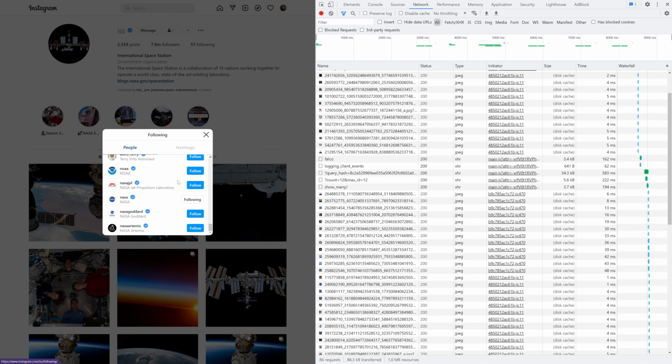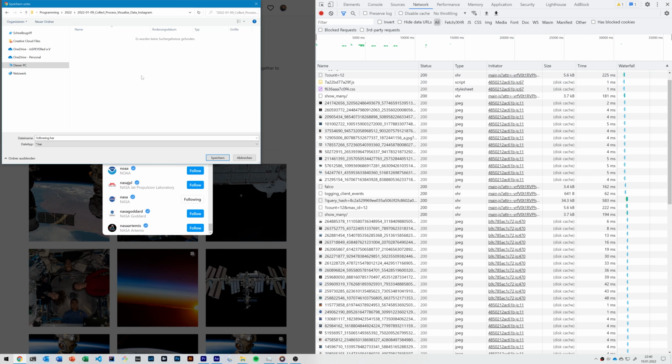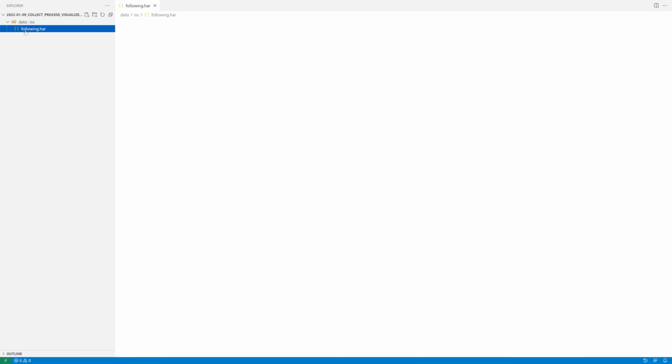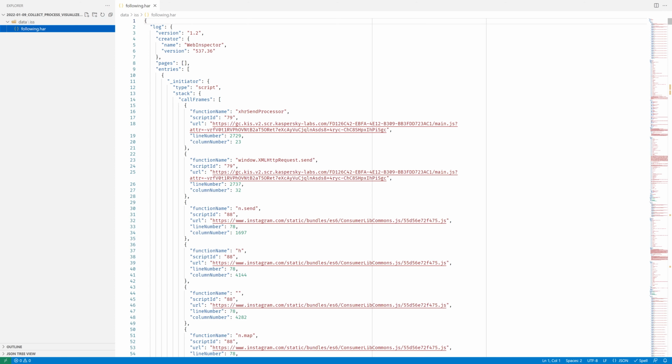Then we simply save all the requests that the browser made for us and the respective responses in a so-called HAR file, which stands for HTTP archive. I'm creating a new folder here called data, and inside it a folder called ISS. If you open this HTTP archive file in your favorite IDE or text editor, you can see it's a simple JSON file, including all requests and responses, which is great for us as this makes it easy to parse in